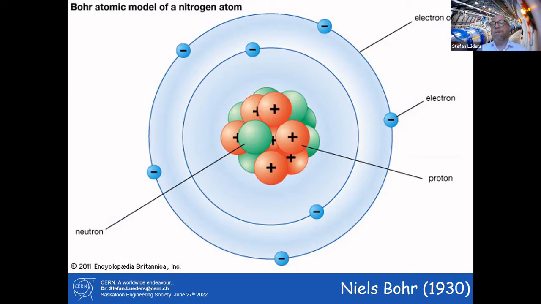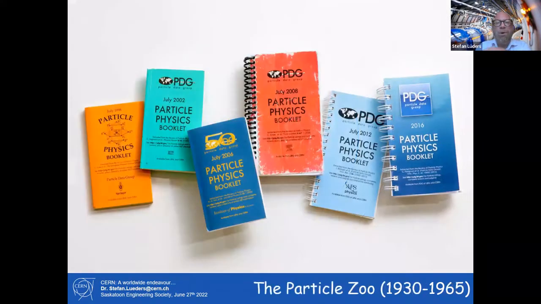So I have three particles and a set of rules for how you can put the particles together, and I can explain the whole periodic table of particles. That was a very, very good basis, and there were even some people saying, look here, physics at that moment stopped, there's nothing new to discover. Unfortunately, this is far away from the truth, because over time, more particles were detected.